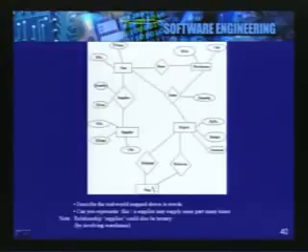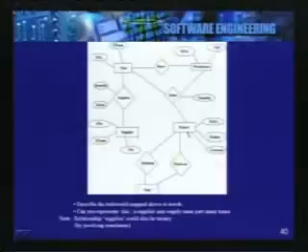And then we have employees who are working in the projects, and one of the employees may act as the in charge of the project. So this is the ER model for a company which might be managing projects and which need certain parts which are supplied by different suppliers.